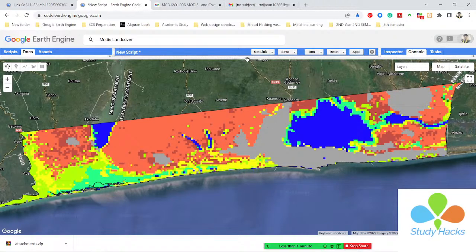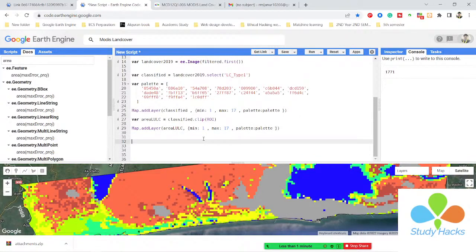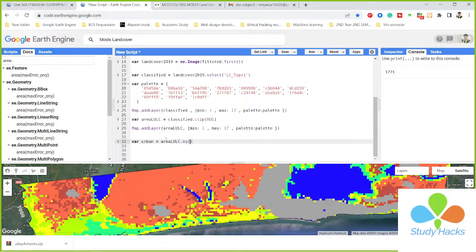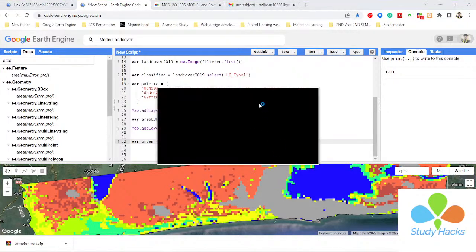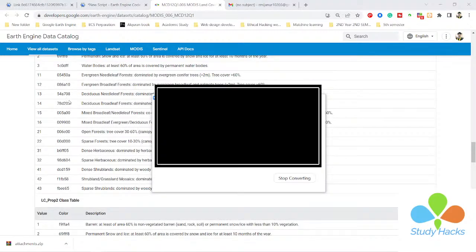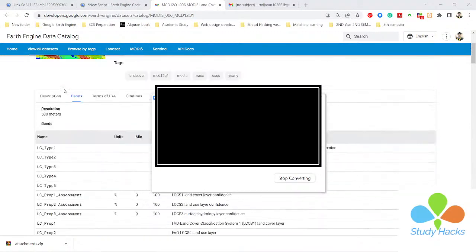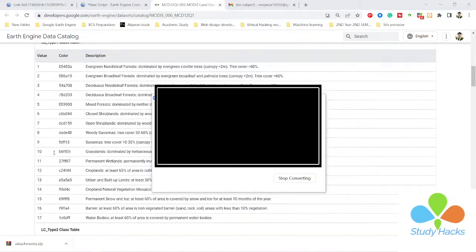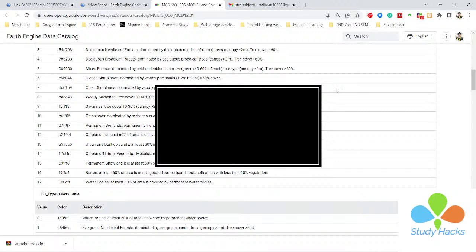Okay, so for this I simply use a variable. This variable I can simply put the variable name is the urban. Okay, you can use any variable name. After this I simply call the area LULC. Okay, because this is my area. Then I simply use here the equal. So what's equal? In this time I want to select it only for the urban. So you can simply go to the information sheet in here and find out the urban place. So in this time here you can see for the LC type 1 we can get the built up area in here. Okay,